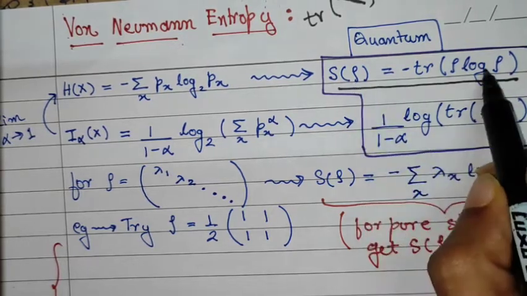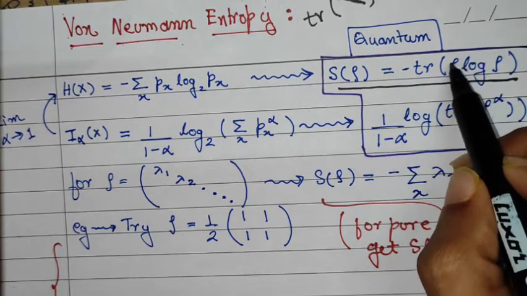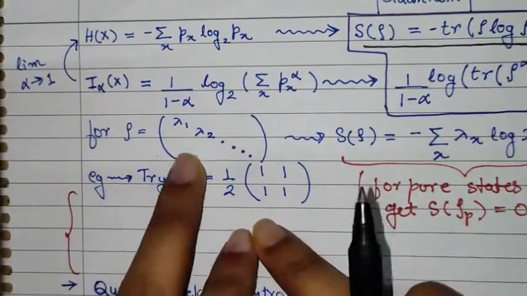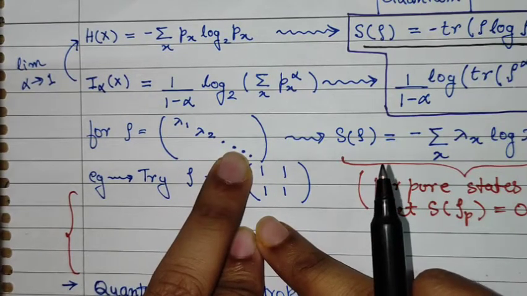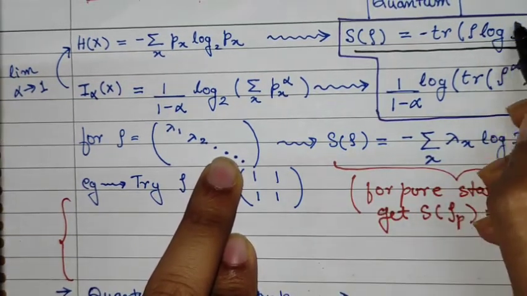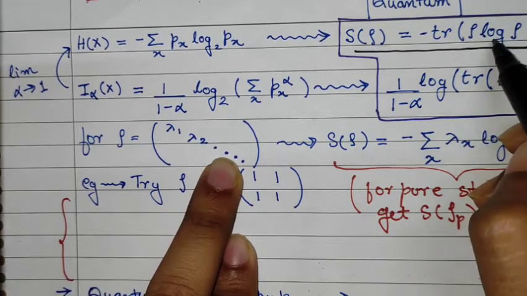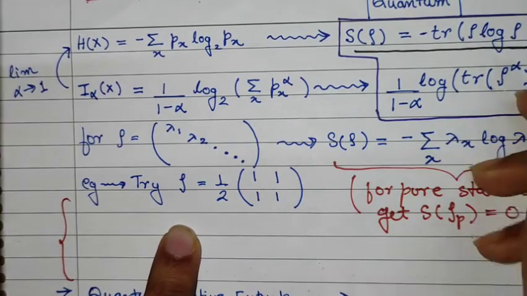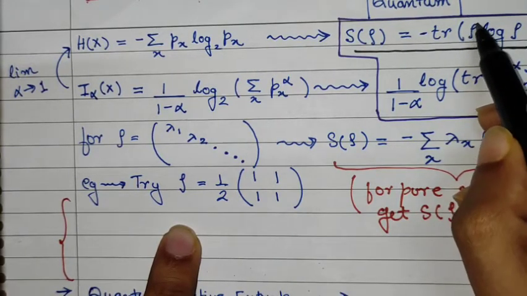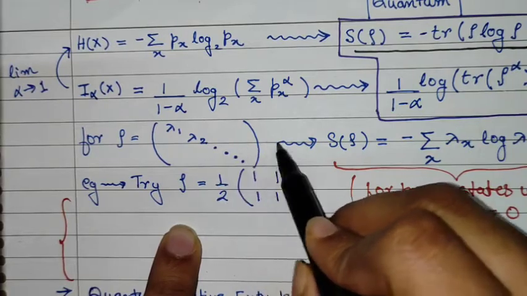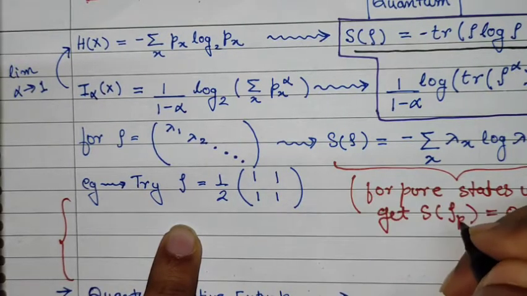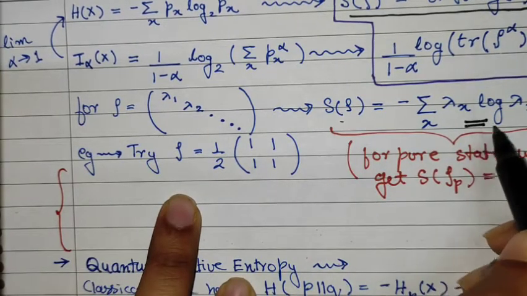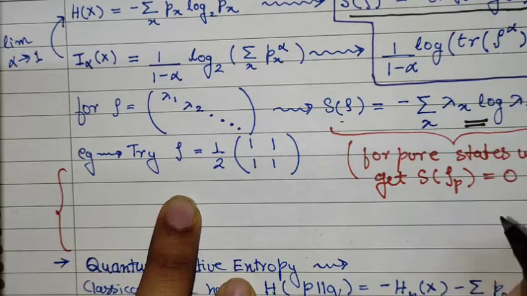And given this definition, we can clearly see that if rho is a diagonal matrix having entries of the form lambda 1, lambda 2, lambda 3, the log of this will just be a diagonal matrix with entries log of lambda 1, log of lambda 2, log of lambda 3, like that. And then the matrix multiplication will again be a product of two diagonal matrices, which gives us a diagonal matrix. And finally one can say that the final answer will be of this form. This is exactly the classical form.